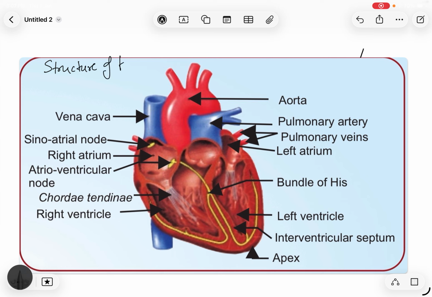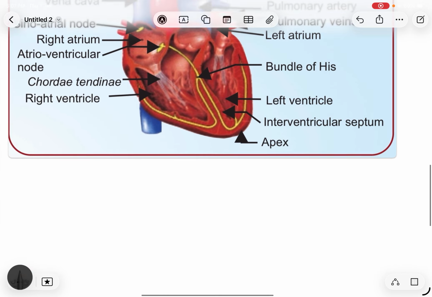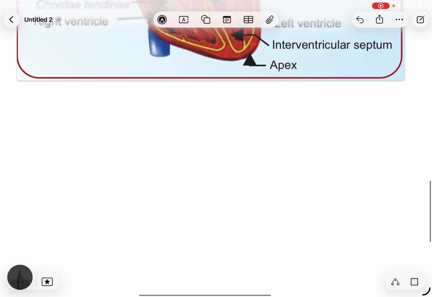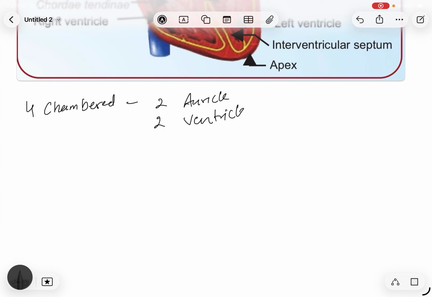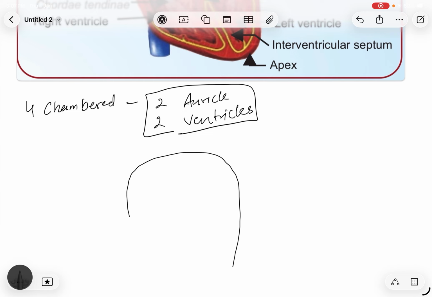Today we will discuss the structure of the human heart. As we know, the human heart is four chambered: two auricles and two ventricles. Now, if we draw a diagram for this, the human heart is